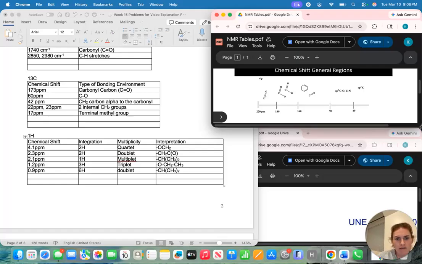So we know that we're going to have that carbon. It's going to be double bonded to an oxygen. We know now that that's bonded to an oxygen. We have that our oxygen is going to be a CH2 to CH3. That's an oxygen. So CH2, CH3. And then we know that we have a terminal CH3. And we're going to have on the other side of this carbon a CH2,